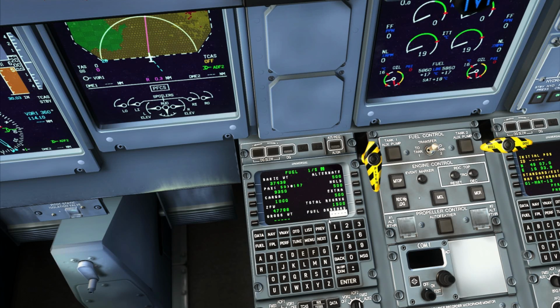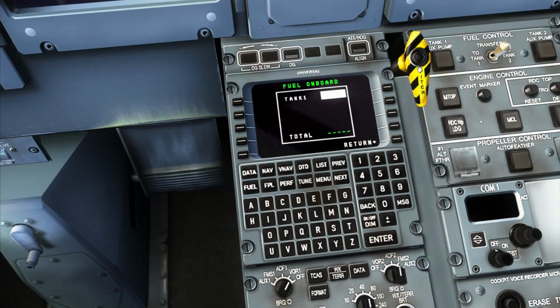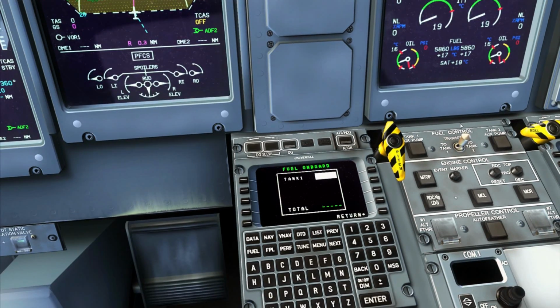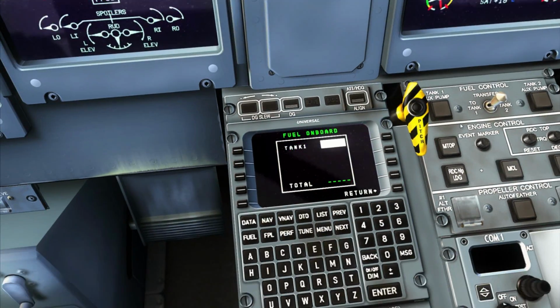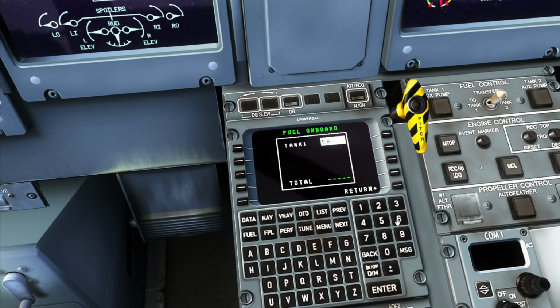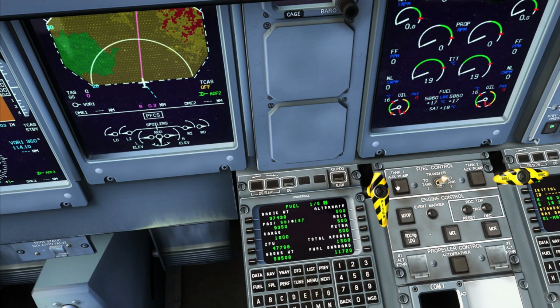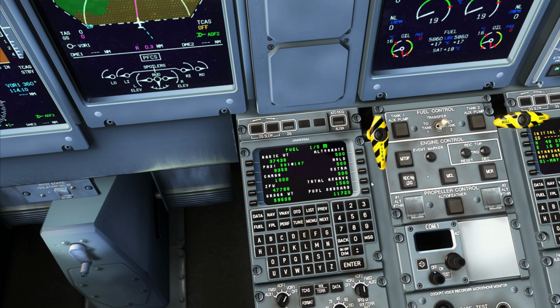And then I have to put in the fuel on board. So this one you have to put in right. Just click on this button here, and you can see here at the multifunction display that you have 5,860 pounds of fuel in each tank. So just put in those numbers here. First tank 5,860, and the second tank as well. Okay. So we'll have a gross weight of